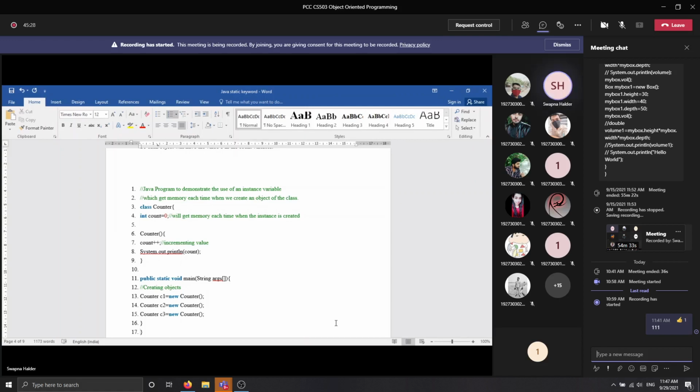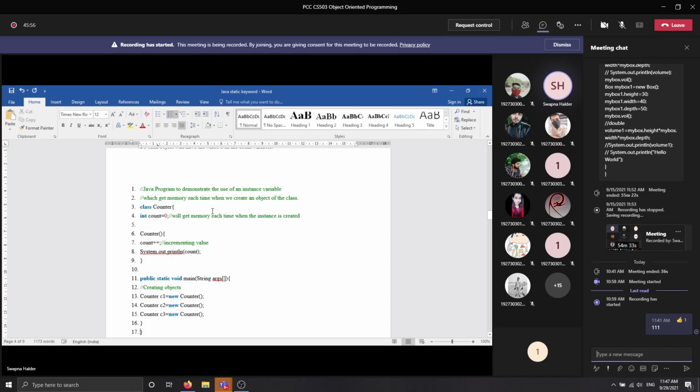I have just discussed in this class the uses of the static keyword. So if you make this variable static, then memory will be allocated for this variable only once. So whenever you increment this value in the constructor and you create a new object of that class, it will definitely be incremented by 1.